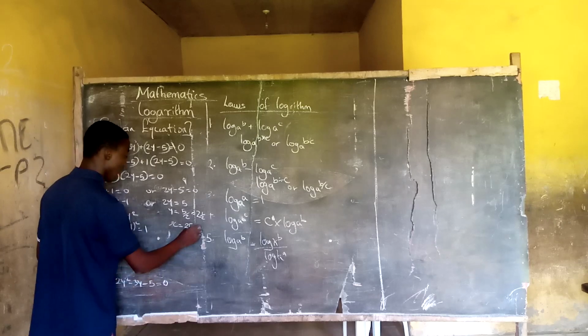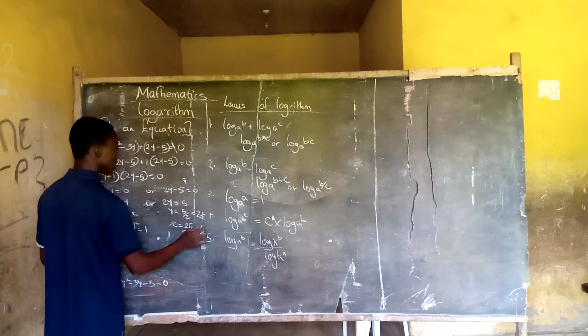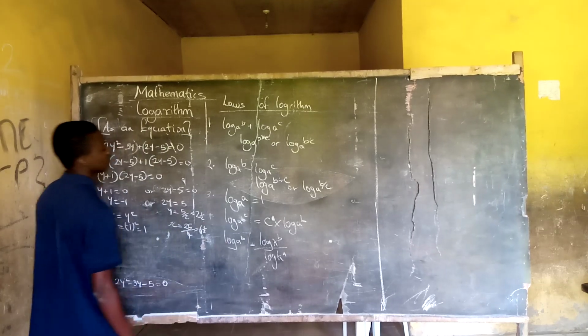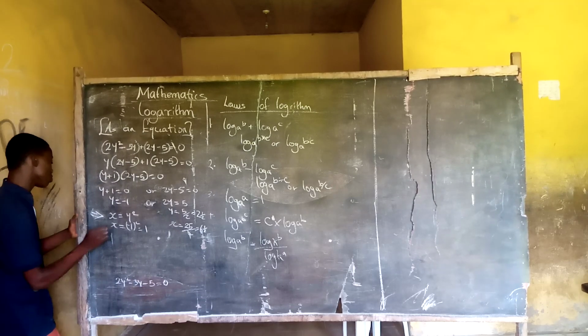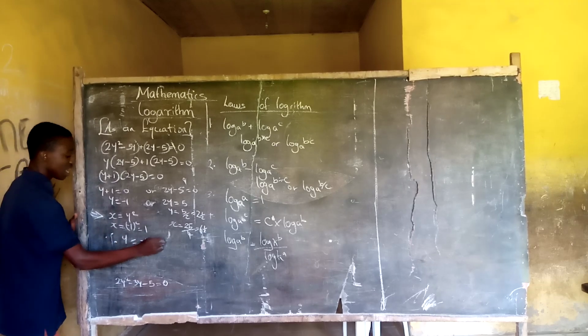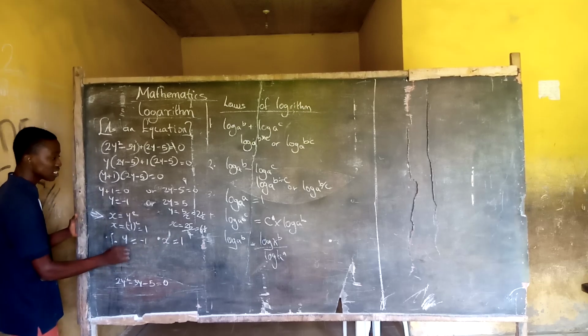25 over 4 is 6 and a quarter. That is when I square 2.5, it gives me 6 and a quarter. So that is to say, when y is equal to negative 1, x is going to be positive 1. And when y is equal to